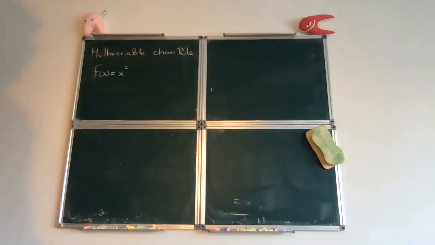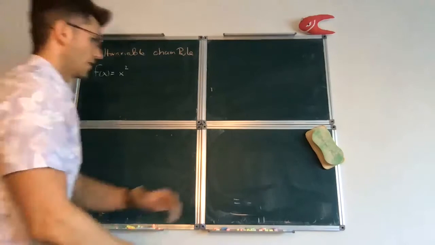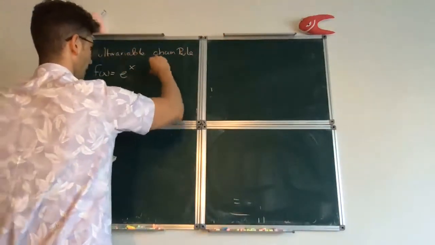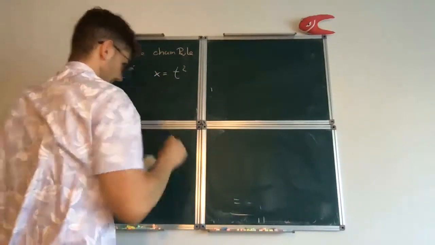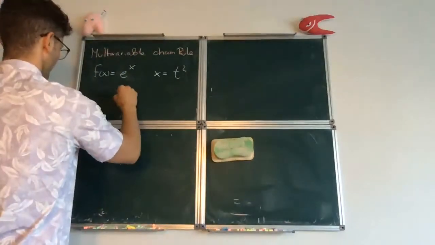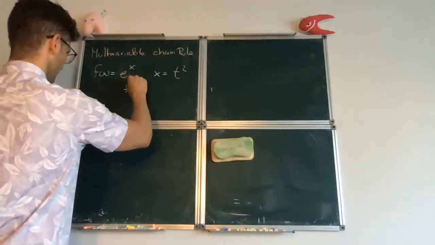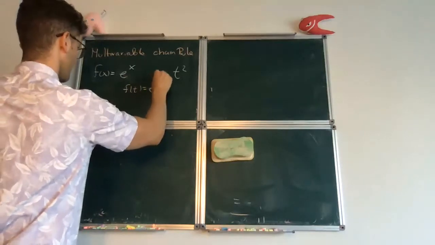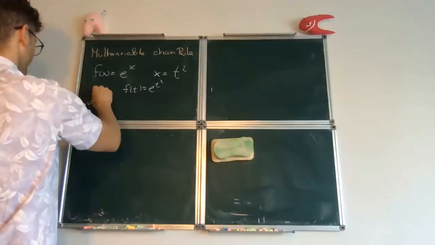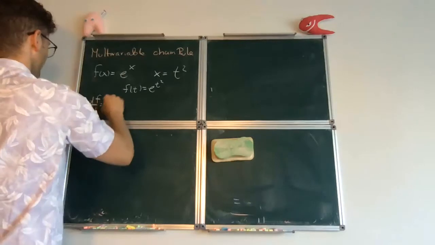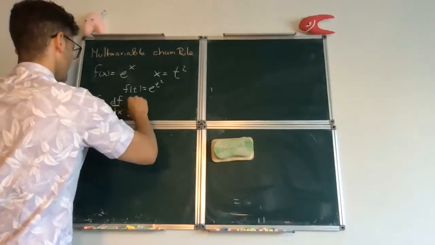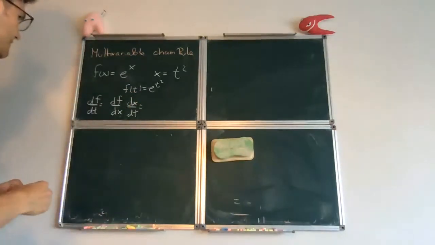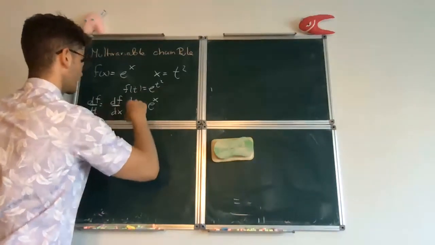say a function of x, well, I think I was going to use the exponential function. Let's say e to the x, but then x is at the same time a function of t, like say t squared. Then you can regard f as a function of t, which is e to the t squared. And then you would say, well, df/dt, what you learn from the chain rule, is df/dx times dx/dt. df/dx is just e to the x, dx/dt is just 2t,